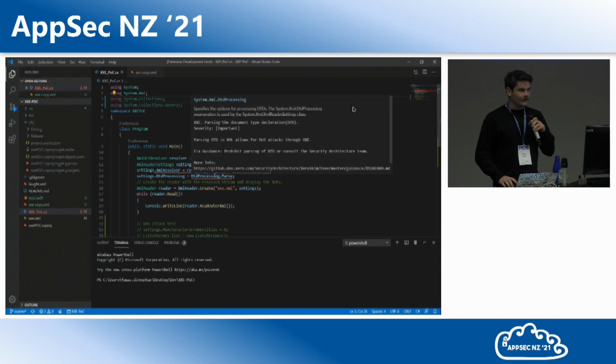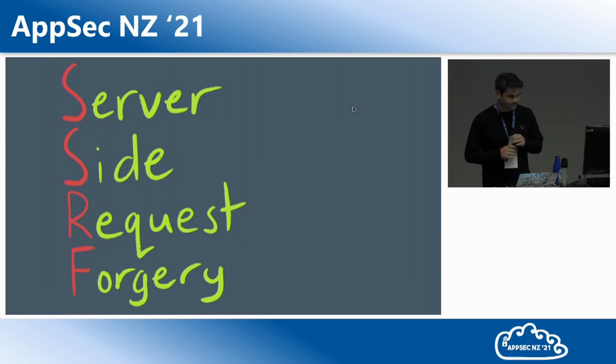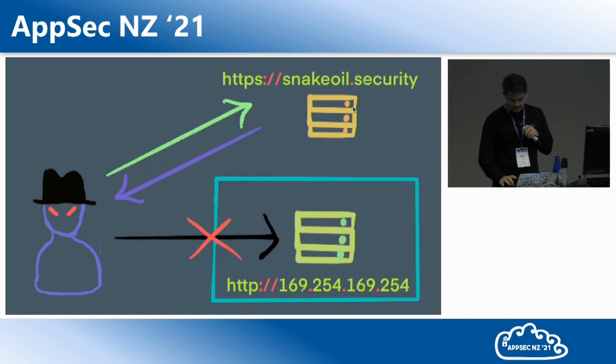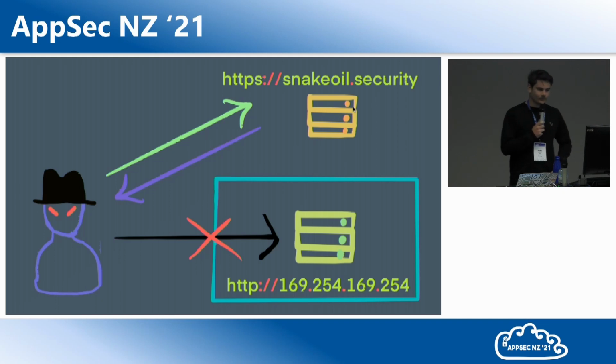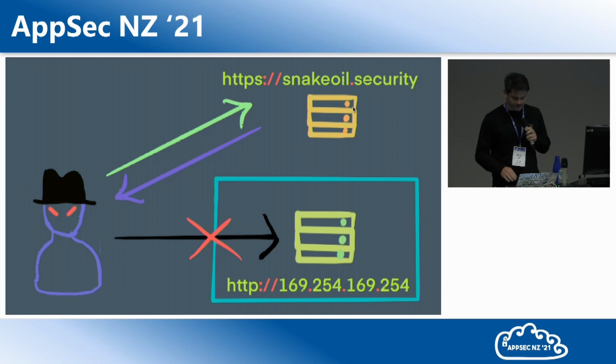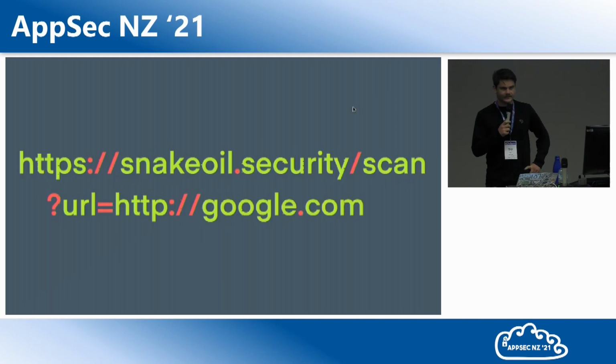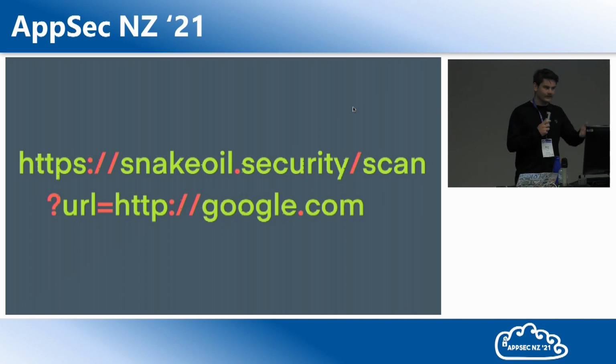Cool, and so now we're going to have a look at SSRF, server-side request forgery. If you don't know what that is, it's kind of like we've gotten a totally legit person who wants to talk to a website, and then maybe there's another website that's internal to a network that they can't access. So in this case, we've got snakeoil.security, and snakeoil.security has a great scanning tool you can use to scan